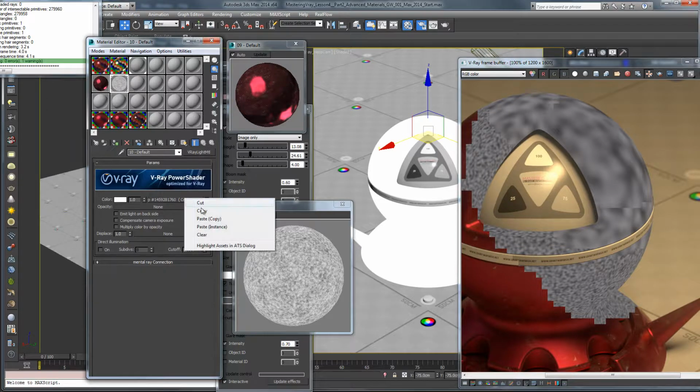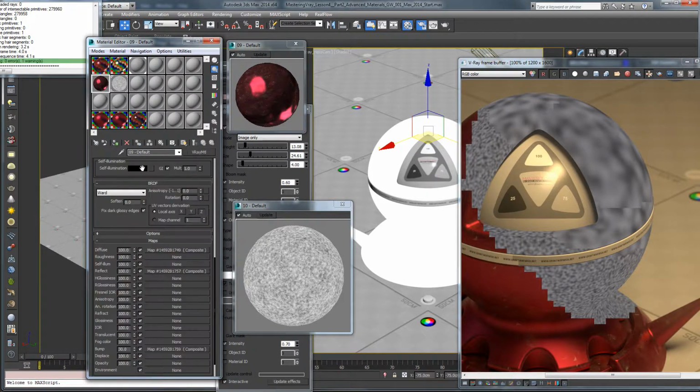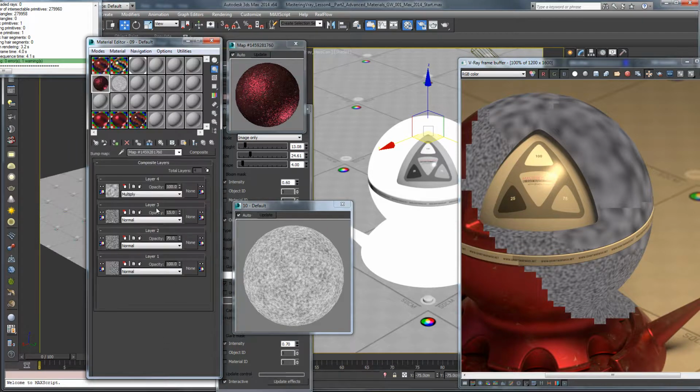Okay, so let me just copy that composite setup now, and I'm going to paste it into the bump, and you can see the effect that has on the surface. So if I go into the bump and you look at the final result here, if I turn off these layers,